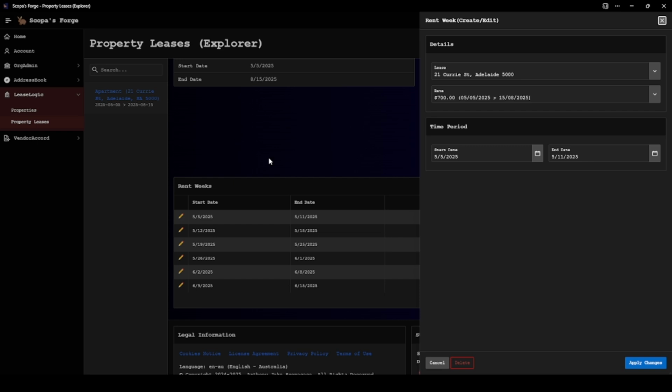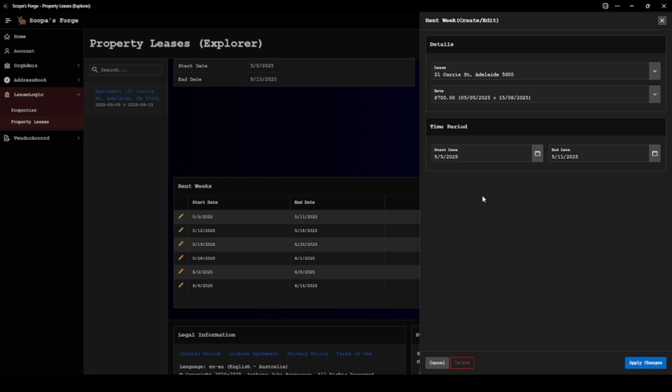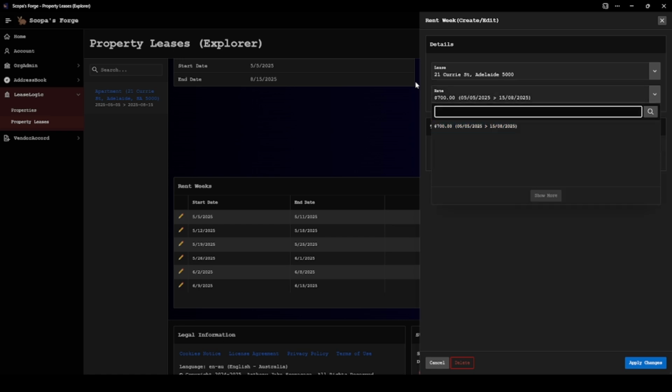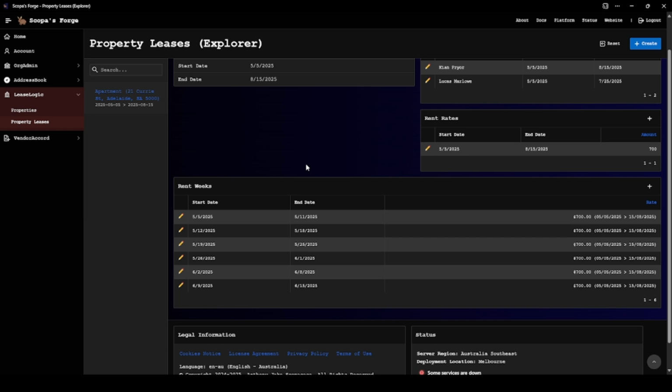But yeah, a rent rate, when we open it up, we can see that it's assigned to a particular lease, and the rates that are created within the lease will appear here that you can select. A rent week will either be a single week or a fortnight depending on the lease agreement, and as well as the rent week showing how much the rent rate is for that time period, there is also going to be functionality within the app that I'm